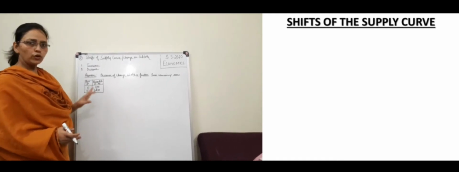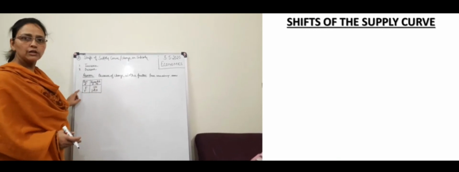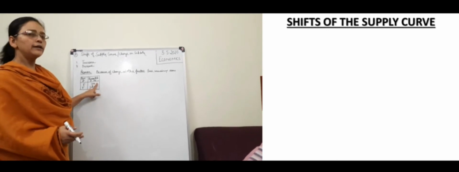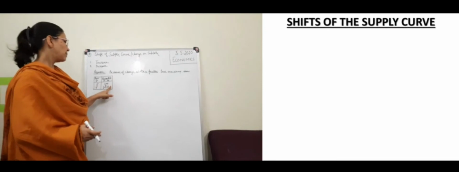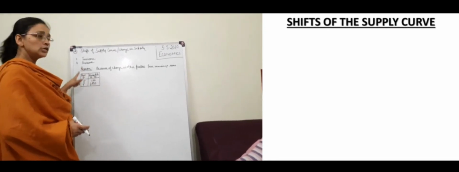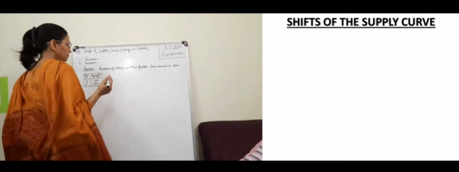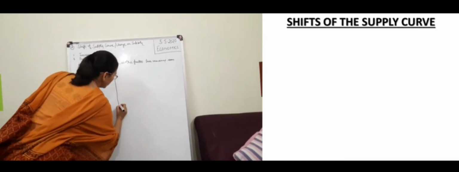What is the difference between that schedule and here? The price over here remains constant, right? When the price is ₹5, quantity supplied is 100. Again the price is 5, it is the same, but quantity supplied has increased to 120. But price is not the reason for this change in supply. How is it happening? It is because of the other factors. Now be a little careful.